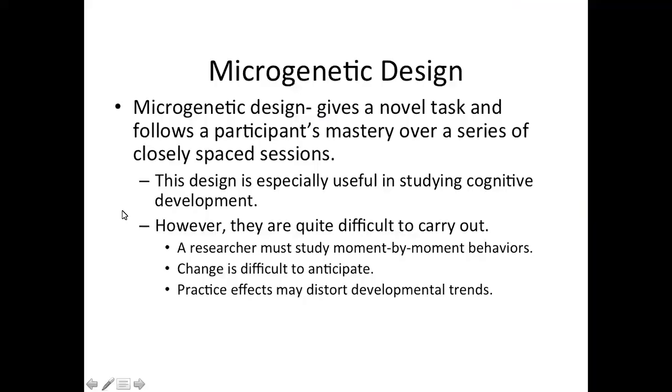All right. So the last of our developmental designs is what's called a microgenetic design. And it's similar to the observational method where we did time sampling. Remember that, where we said we're going to take a unit of time and break it up into smaller parts. So we're collecting a lot of data in a short period of time. So the microgenetic design is the developmental version of this, in which you are